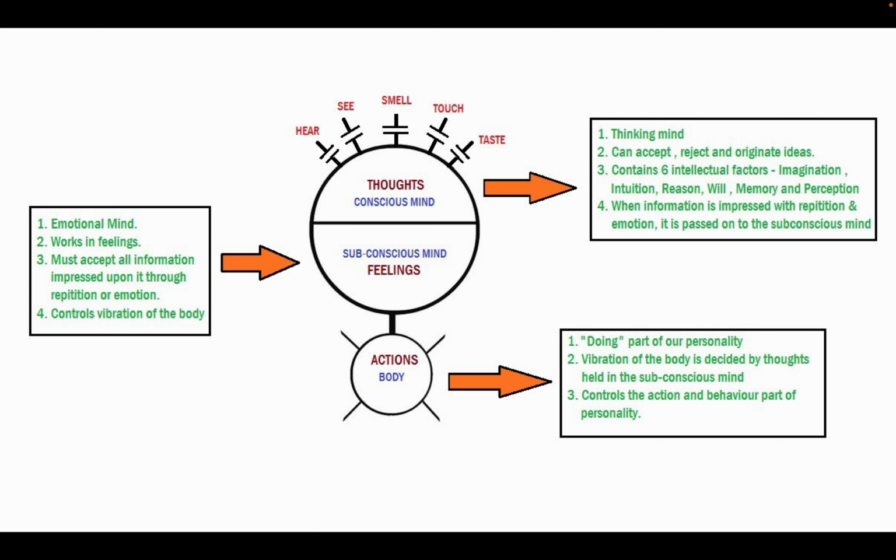And also with the subconscious, it controls the vibration of the body. And this is where I think it can be a little bit confusing and vague. And I think this is where Bob Proctor especially talks about the law of attraction, how we vibrate and we attract what it is that we want based on our vibration. If we're in a positive vibration, we're thinking positive thoughts, then we can bring forth more of the good stuff that can occur in our lives.